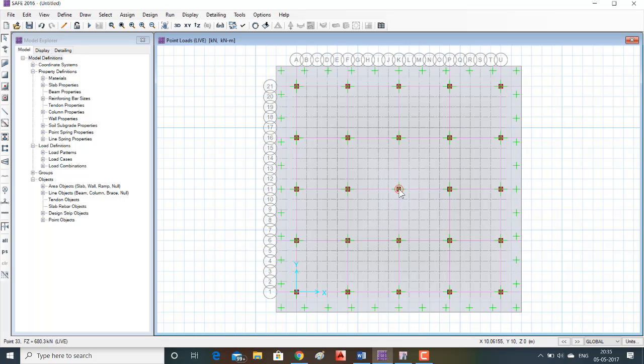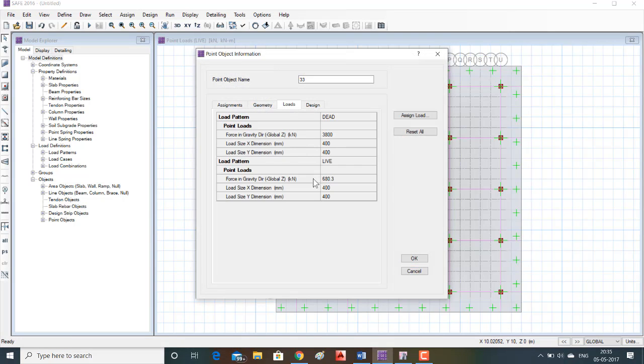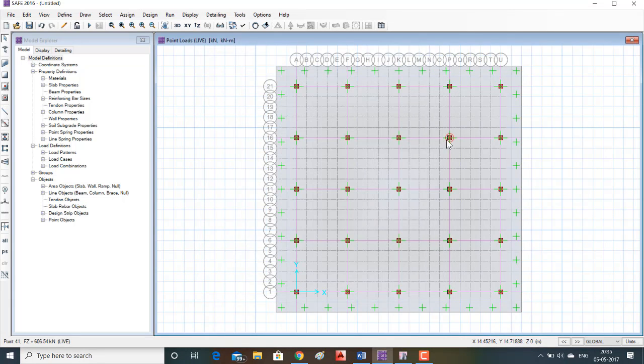Now the application of live load and dead load on the columns has been done. To see the values, you can click on any column and right click, go to load. You can see the load applied on each column.